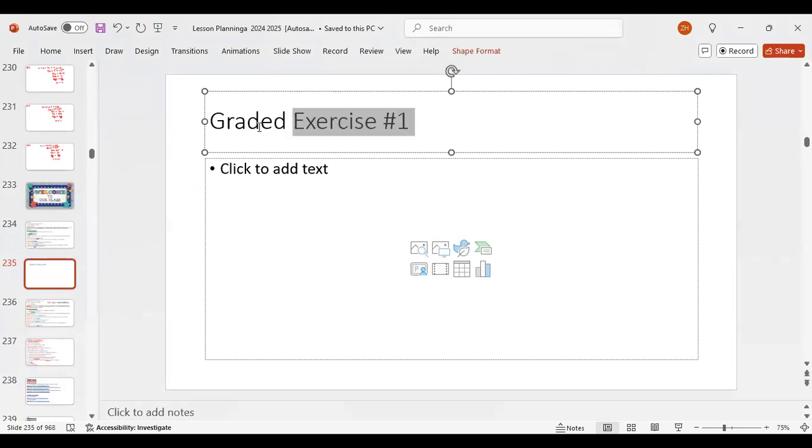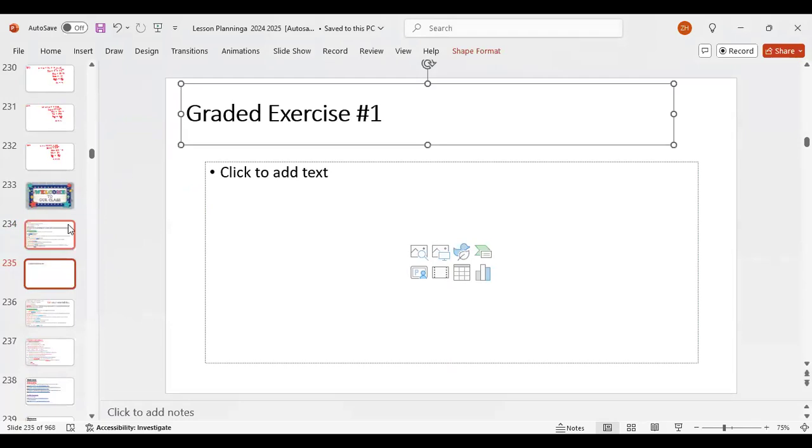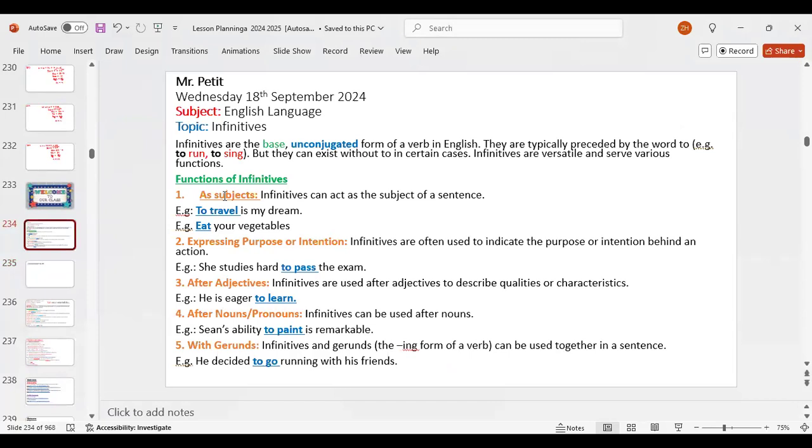Go ahead, Wyatt. May Petit finish just a teeny bit of writing? Take a picture of it before I move it. Go ahead, Genesis. I sent you my work, but my church just started, so I have to go. Okay, no problem. All right, thank you for class. Take care, Genesis.